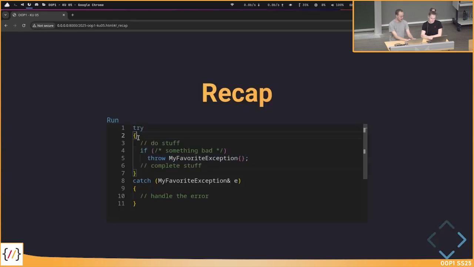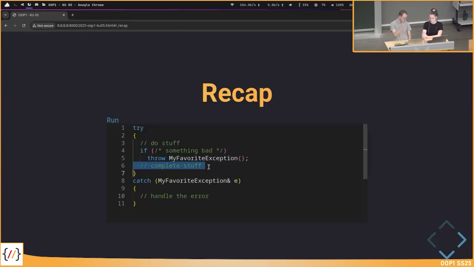So we write try, introduce a new block, and we can write code as usual here. And then maybe at some point we say, okay, there is something bad happening, and then we can throw an exception here. This means everything below this throw will not be executed anymore.